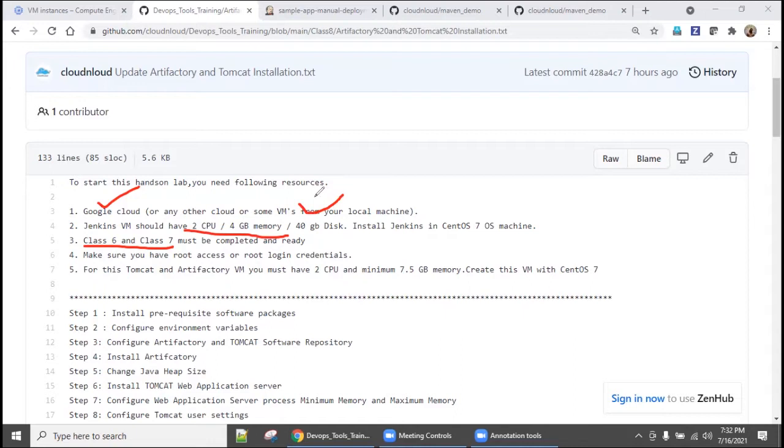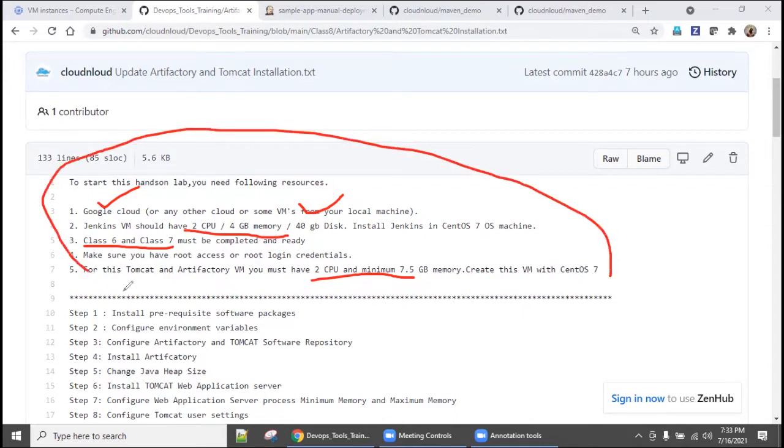For this exercise, all we need is one Jenkins machine with one CPU and 4 GB memory, and another machine with minimum 2 CPU and minimum 7.5 GB memory for Tomcat and Artifactory. You can install CentOS 7 on this machine also, to stay almost equivalent to production. If you have this, we can proceed with this lab.